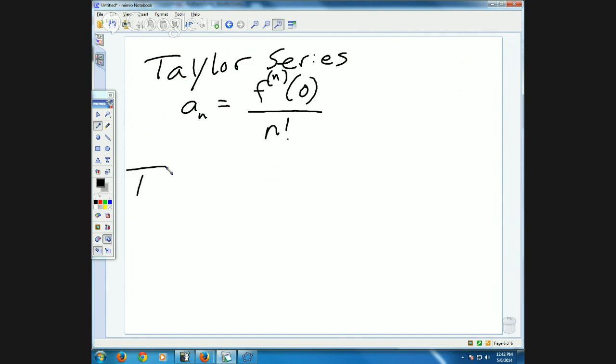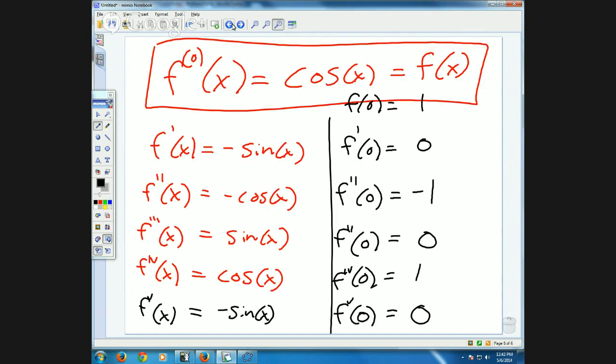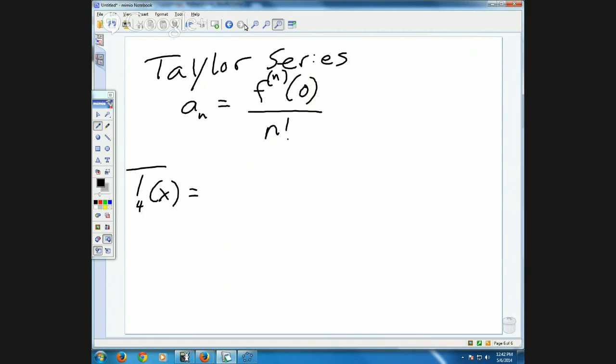We are going for a fourth degree Taylor polynomial, so I'm going to call it T sub 4 of x. The 0th term is what? 1. So I get a 1 plus